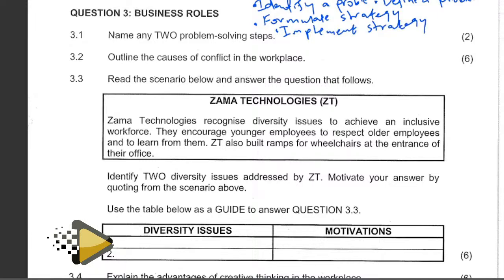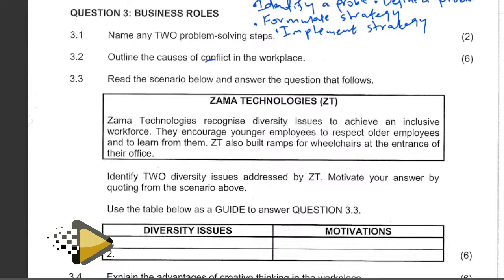Right. So now let's move on to 3.2. 3.2 reads as follows. Outline the causes of conflict in the workplace. So when you talk of conflict, we refer to what? We refer to a mismatch in terms of understanding, or when it comes to raising ideas at the workplace. So now at the workplace, sometimes you find that there is poor communication as well. If there is poor communication, then that is going to cause a conflict. And also, if there is a difference in opinions, that is also going to cause a conflict,